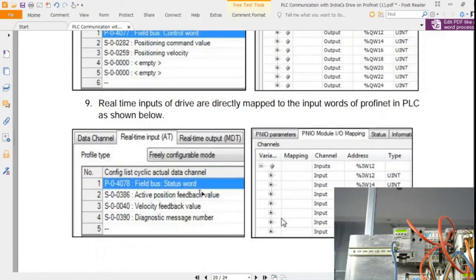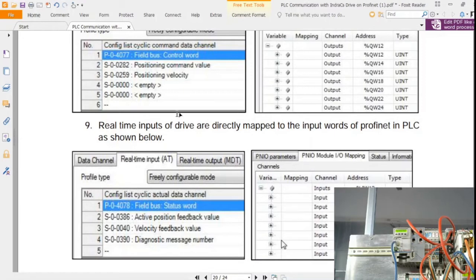The same thing here also, a field bus status word is going to take only 2 bytes, that is IW12. Then active position feedback value is available in 14 and 16. Then velocity feedback value, we can get from 18 and 20. These are all available in the input status word, right?